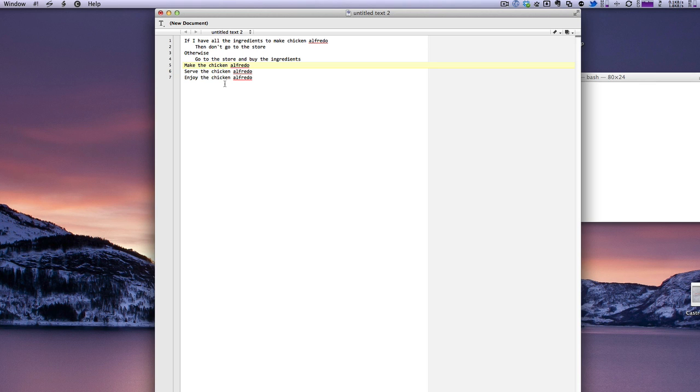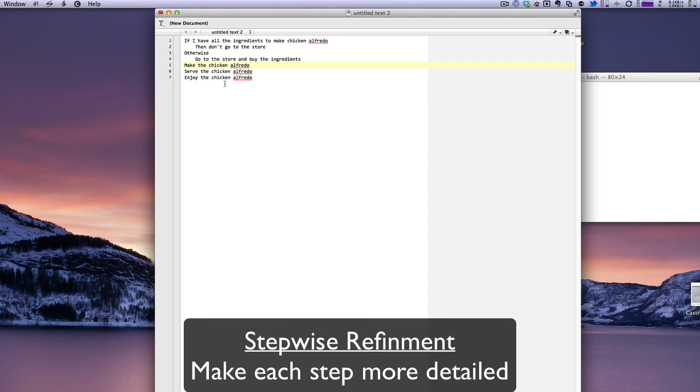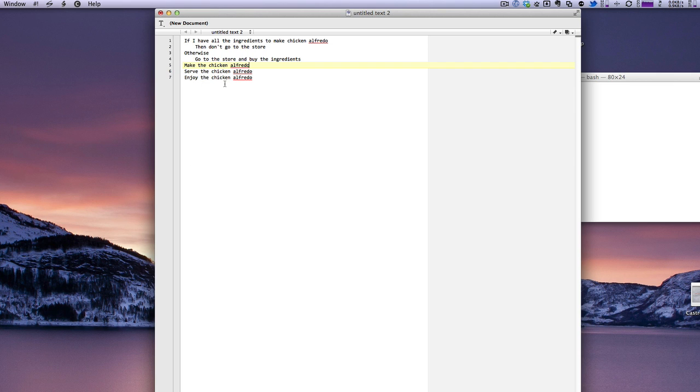Now, that's our first draft. Your programming plan might be done after this, but it probably isn't. There's probably more detailed steps that you need to flesh out, and you'll usually have to make multiple passes at your pseudocode before you're ready to implement it into source code. Now we work on refining our pseudocode using stepwise refinement, which basically means make our pseudocode more detailed. For example, this line just says, make the chicken Alfredo. Well, there are additional steps to doing that, aren't there? If I wanted to flesh that out, I could say,